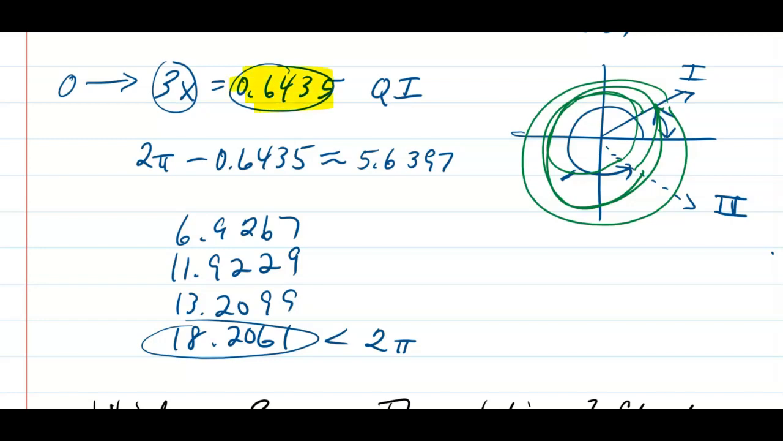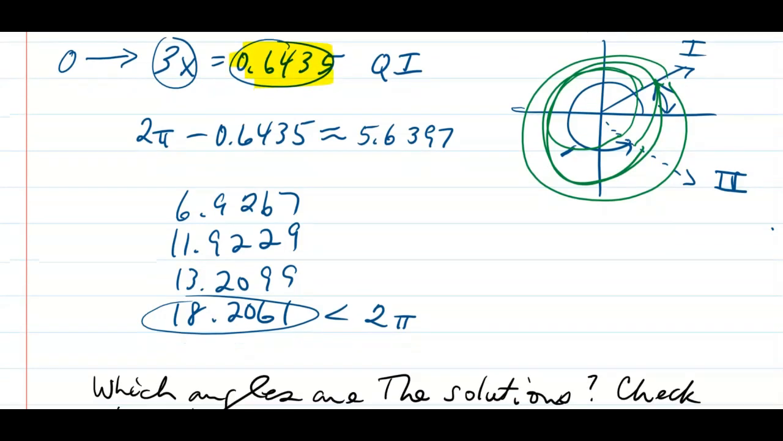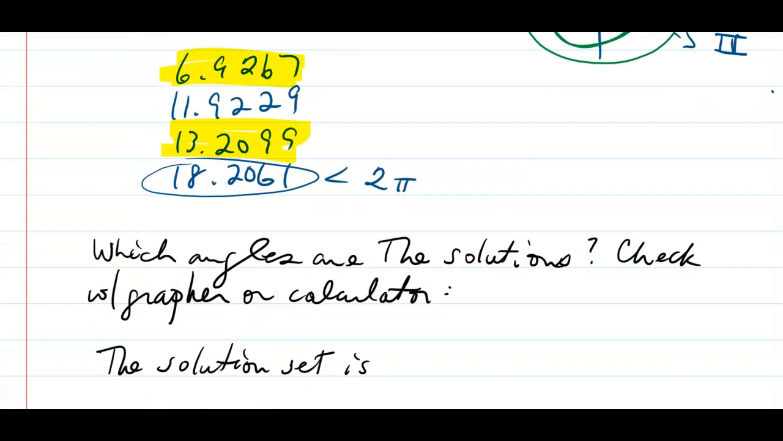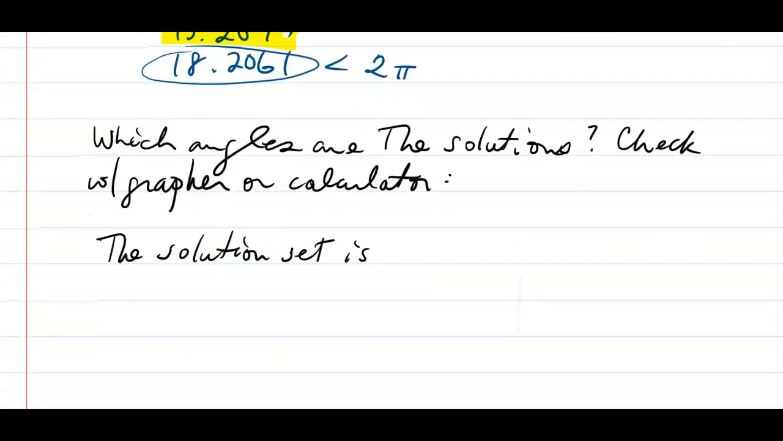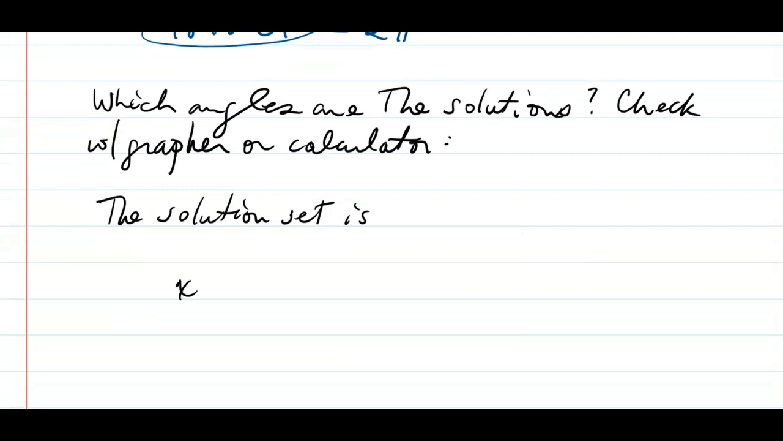So one of them was this 0.6435. Another one was this 6.9267, and then the 13.2099 also worked. And so because 3x could be those values, for the x values, of course, we had to take a third of all the 3x values, okay? And so it leads to the solution set being the following: